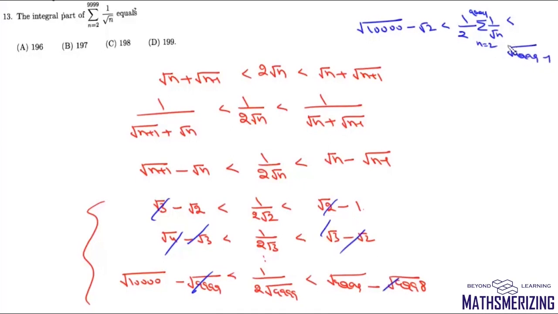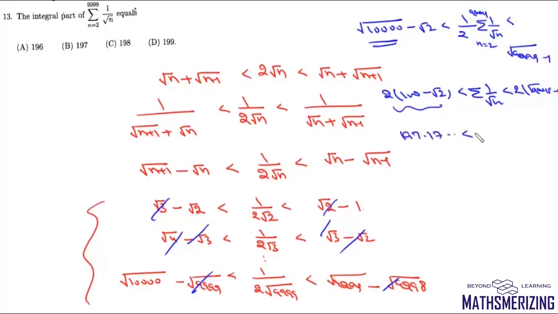Now we'll multiply it with 2. So we'll get 2, and then this square root will be simply 100 minus root 2 is less than this summation, it will be 2 times under root of 9999 minus 1. Now 200 minus 2 root 2 is